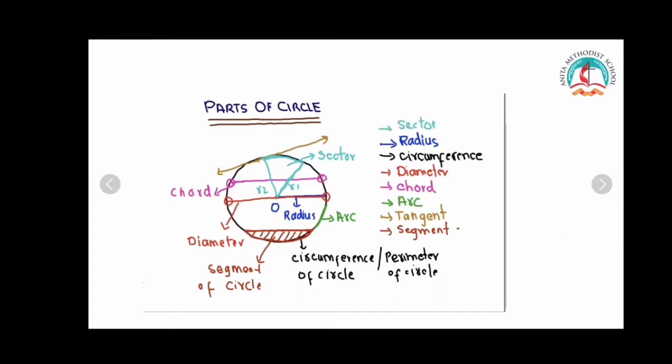Okay, so let's move on to another part of the circle, that is the secant line. Now what is the secant line? Secant line is basically the infinite extension of the chord. If I write here that this is the chord, its infinite extension refers to the secant of the circle. When the chord extends infinitely on both sides, outside the boundary of the circle, that refers to the secant of the circle.